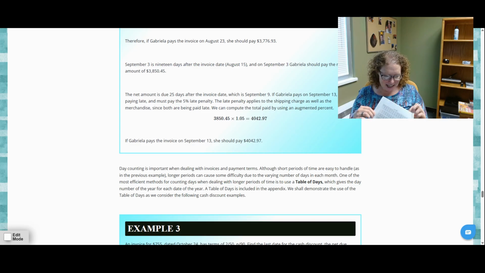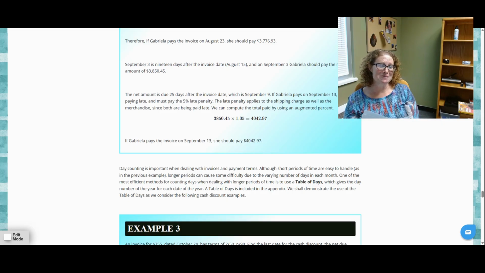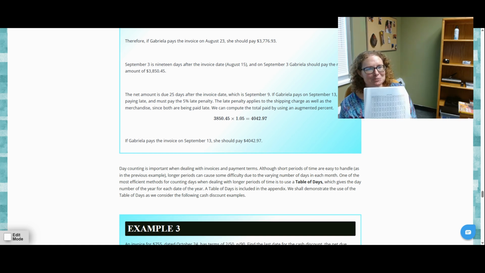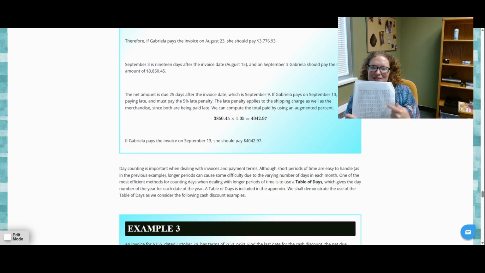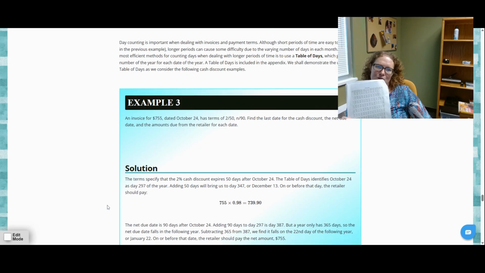It's the same. Actually, I think it is on the same one as the withholding. So it's probably in the back of the module for chapter 4, but it's there. It gives the day of the year for each date, and that will help us to solve some of our cash discount